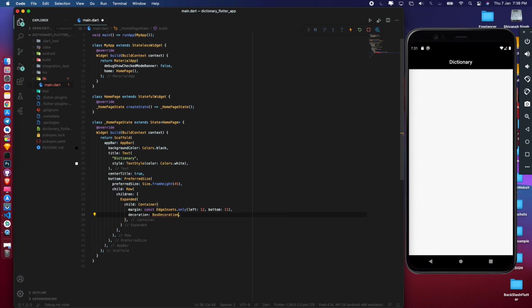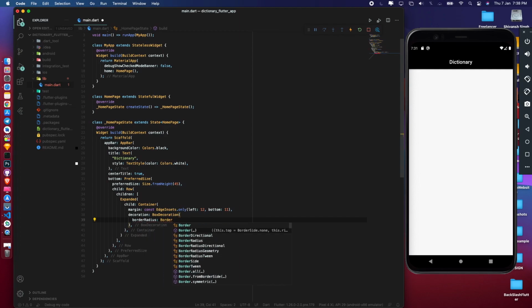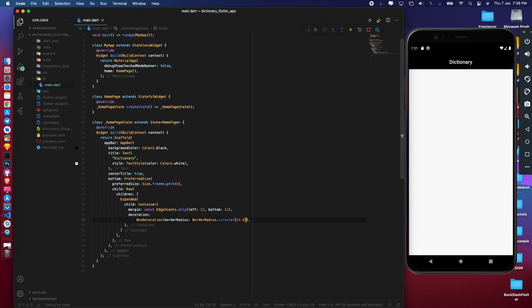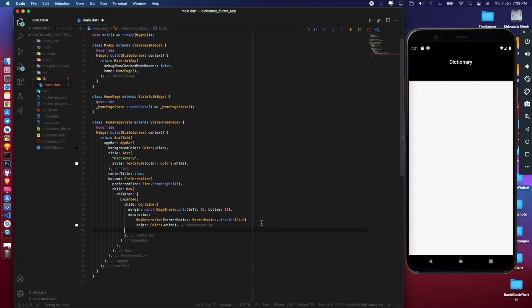And I need the decoration for that container. I will write BoxDecoration, in which we will go with borderRadius and BorderRadius.circular 24. Okay, we will get our border radius. I will define the color for the box decoration. This will be Colors.white. I think there is an issue.